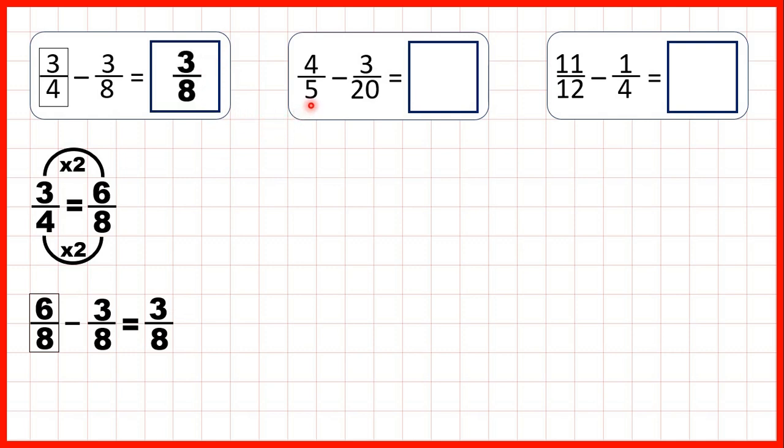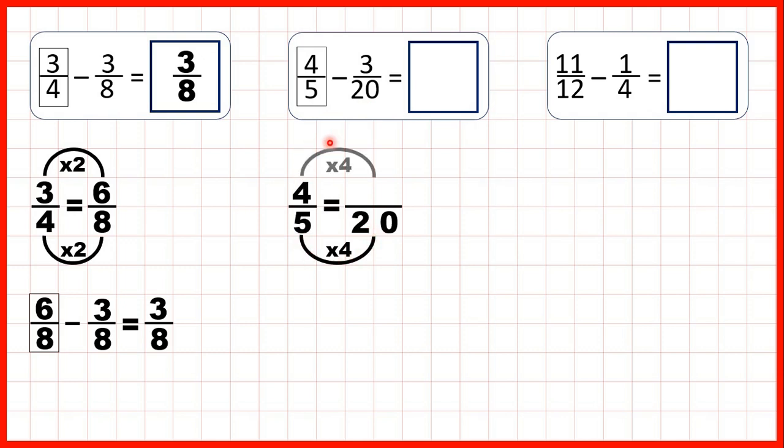Now we have 4/5, and we need to subtract 3/20. Again, we've got fractions with different denominators. But 20 is in the 5 times table, so we can find a fraction equivalent to 4/5, which has a denominator of 20. 5 times 4 is 20, and what we do to the denominator, we do to the numerator as well. 4 times 4 is 16, so we know that 4/5 is equivalent, or has the same value as